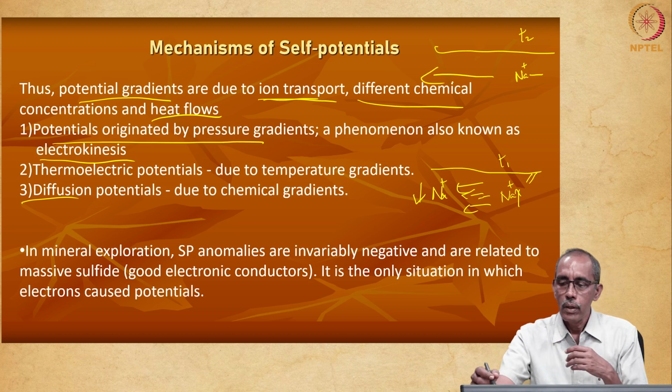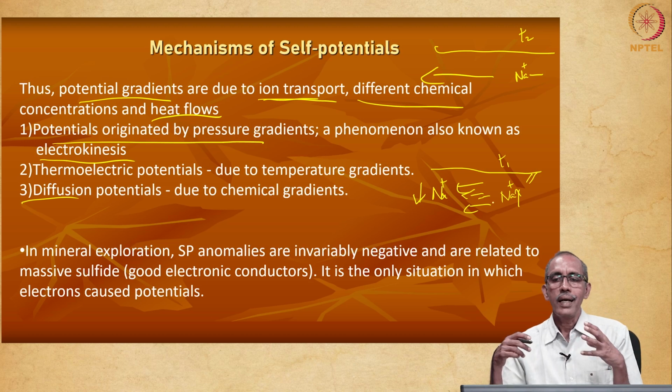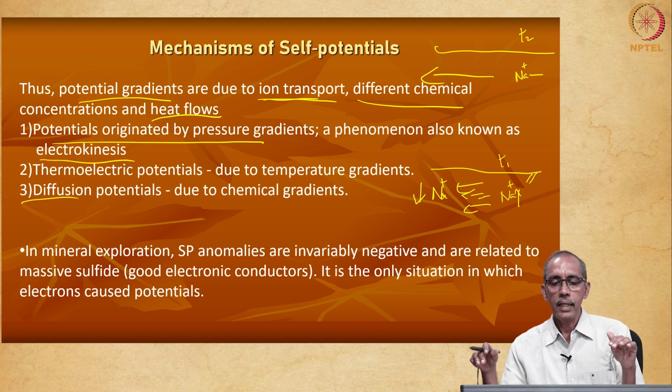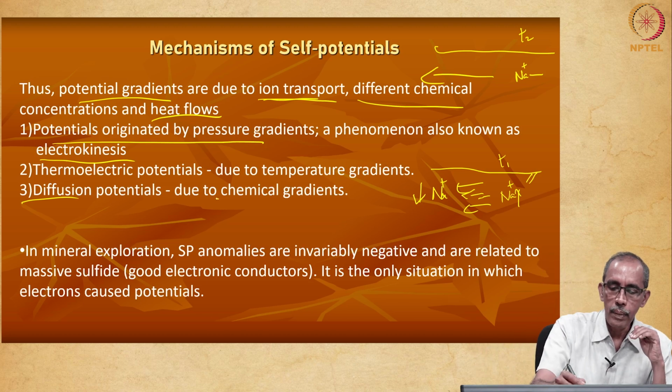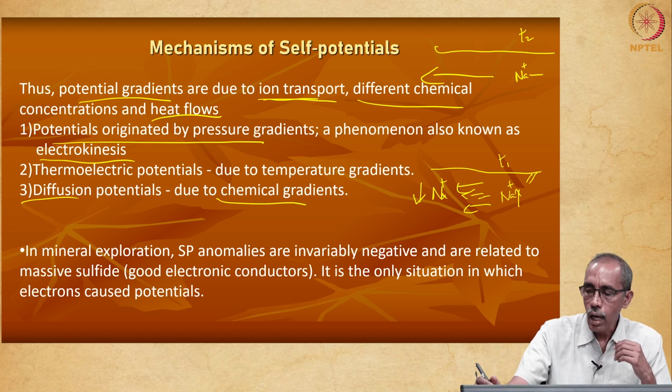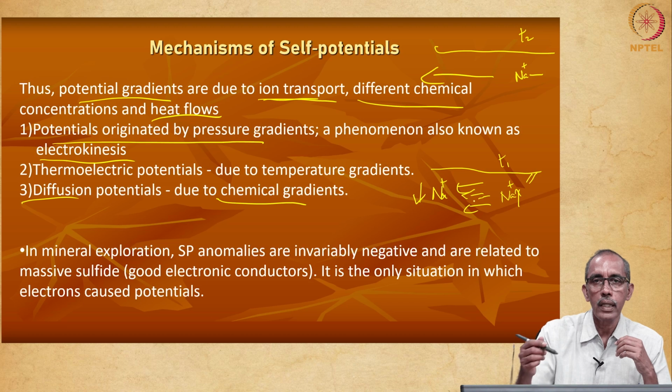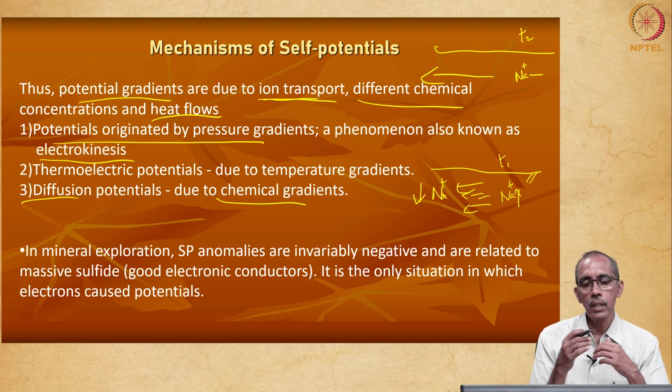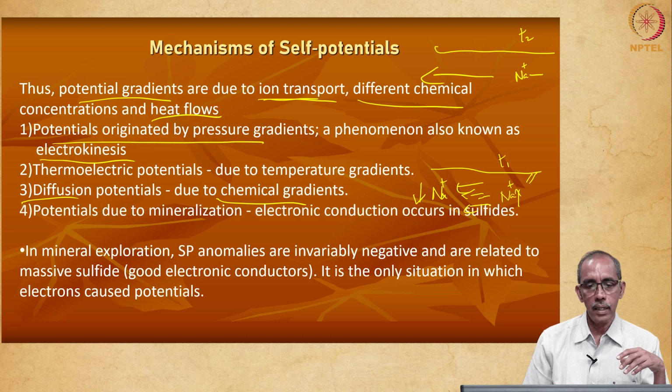So, during time 1, there is going to be some gradient, right. That is the chemical gradient. This will also lead to diffusion of ions. Ions will start moving. That is, this process is known as diffusion. This causes natural electrical potential.